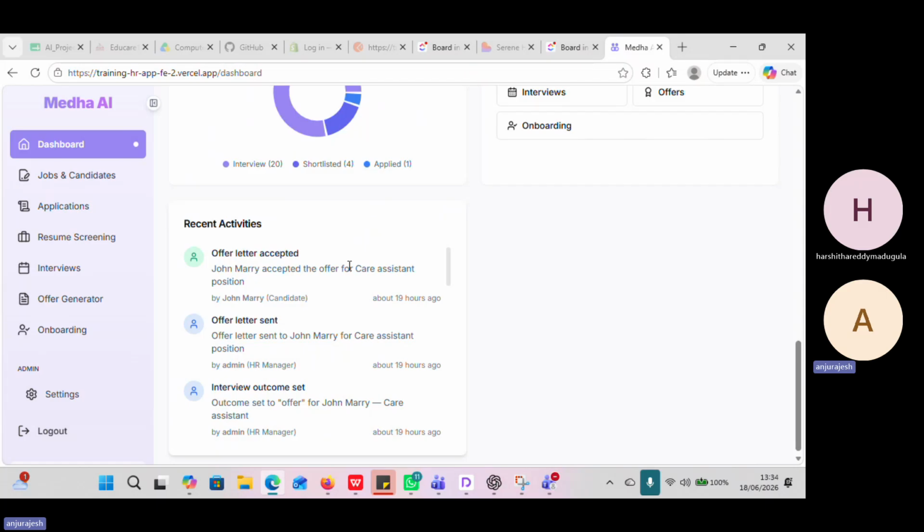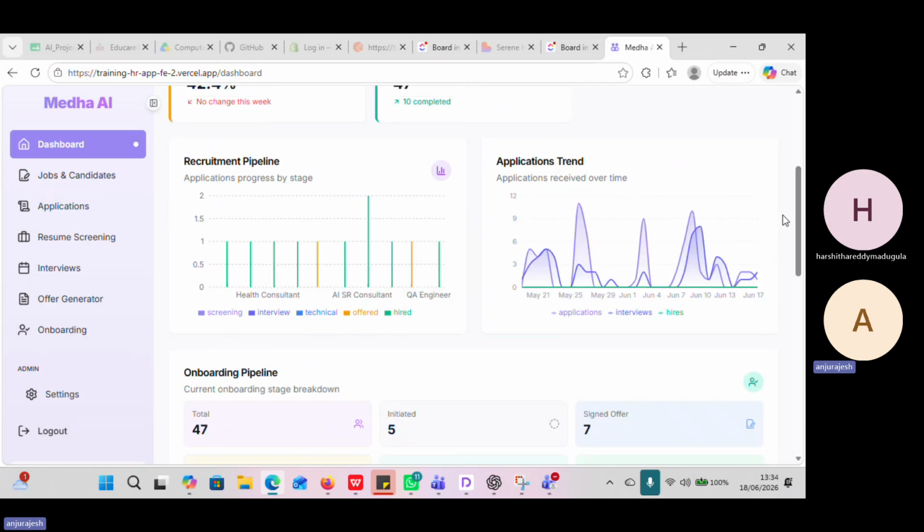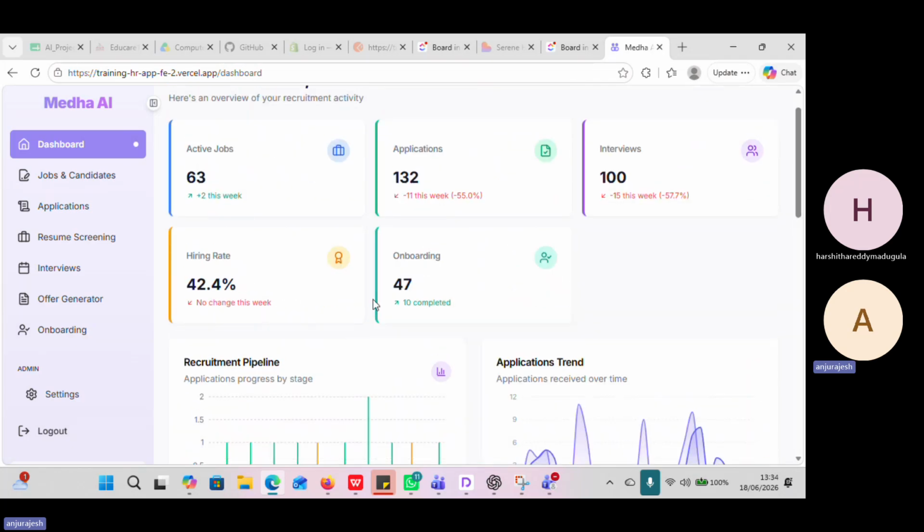And these are the recent activities happening in the platform, like offer generated or offer sent. So just an overview, right? So getting inside this,